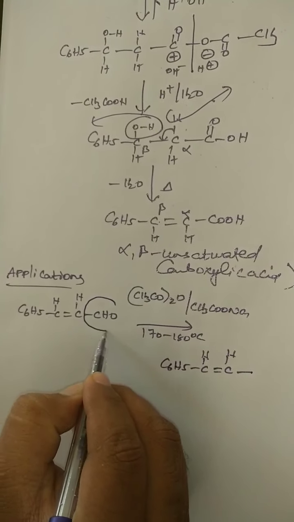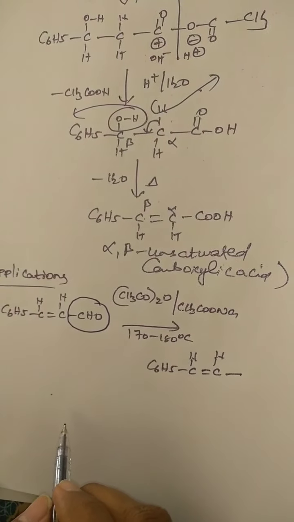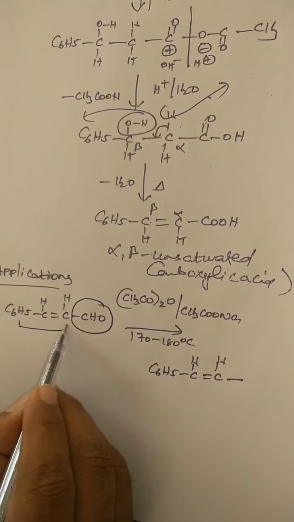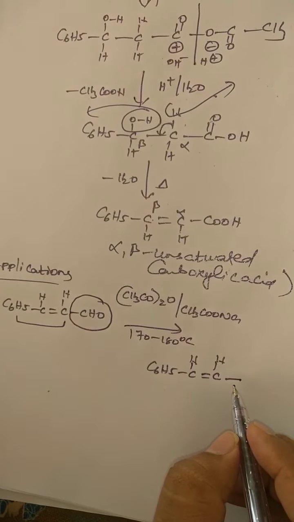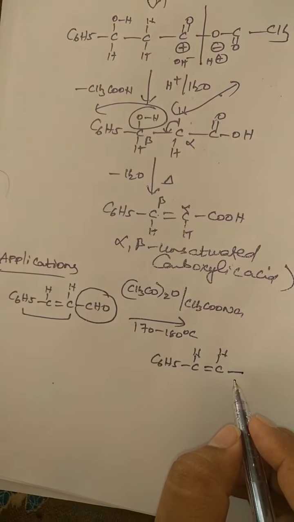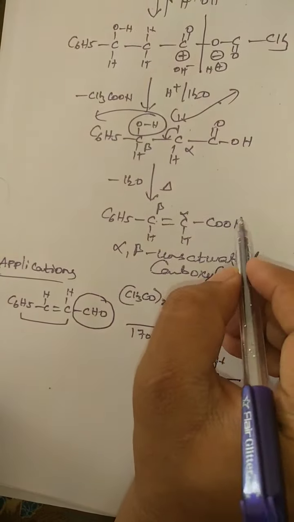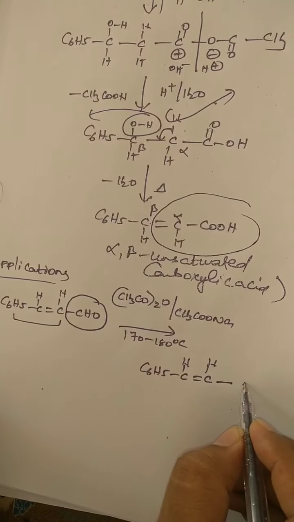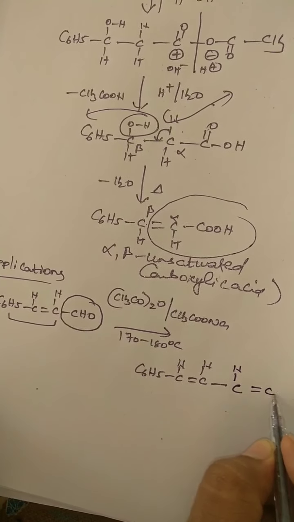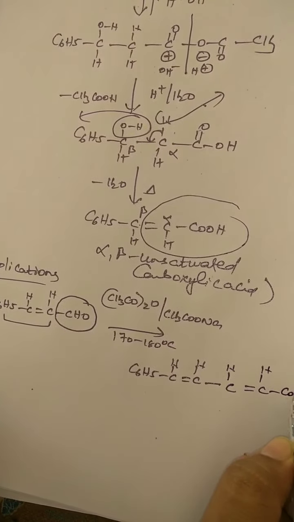So there is a change only in this aldehyde group. The remaining fragment, you have to write as it is, right? In place of the CHO group, previously you have taken C6H5CHO. In place of the CHO group, what is extra? A double bond, CH-COOH, you got. Here also you write simply CH double bond CH COOH.